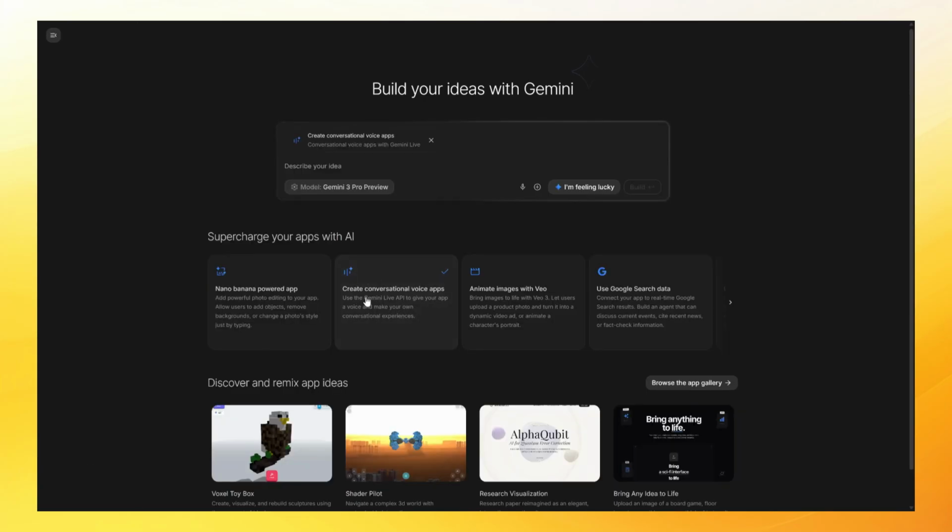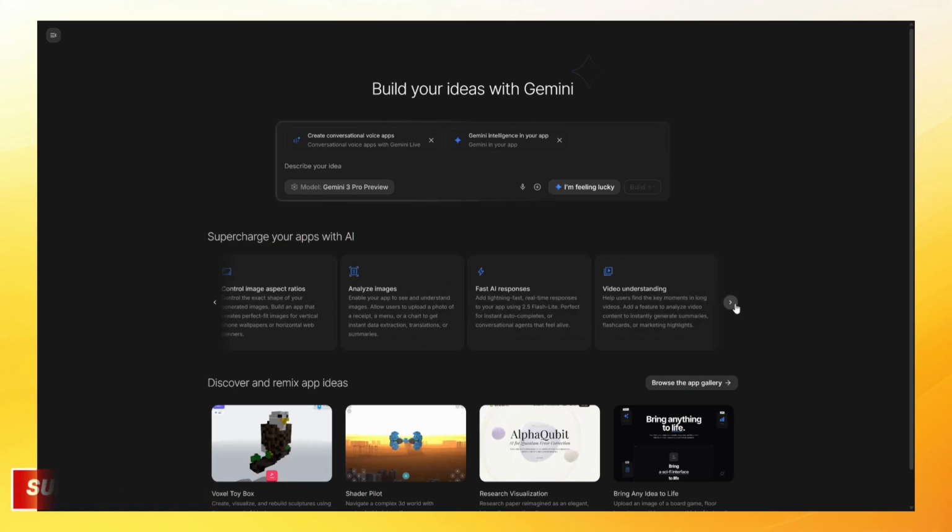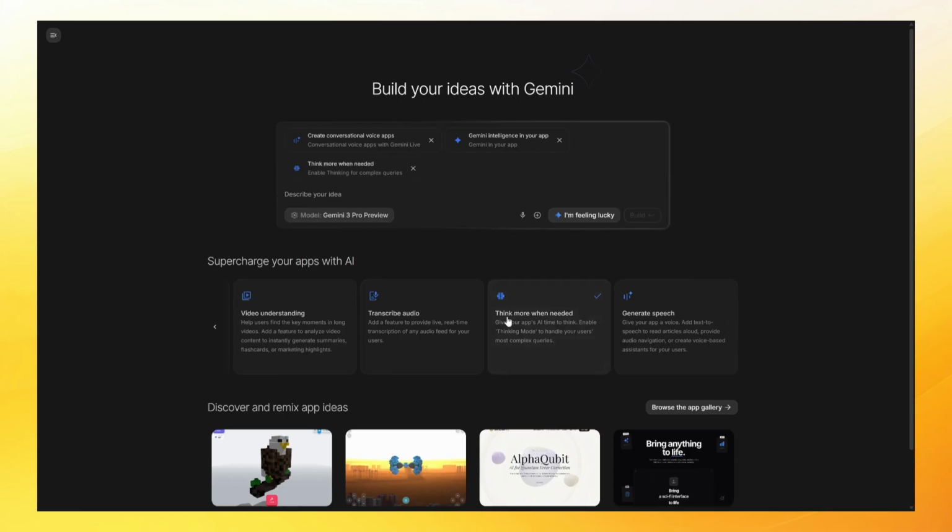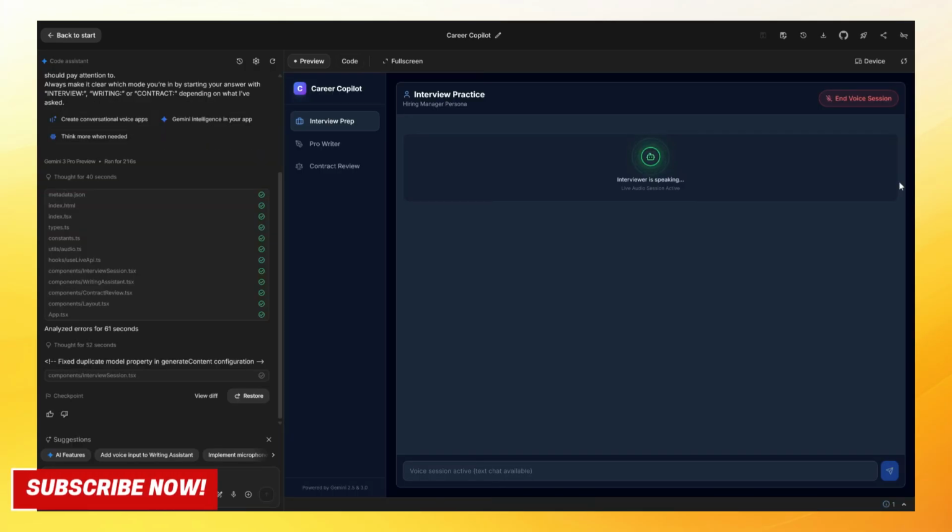All right, those are the main functions one by one. And if you've been paying attention, you probably noticed that some of the cards in this menu mention generating images and videos. The thing is, when you try to use those from inside Build, they start asking for paid APIs. The setup gets more complicated. They don't always work as smoothly as they should, and it's very easy to end up getting charged without realizing it. So, if you want to generate images or videos, I recommend doing it directly in Google AI Studio with